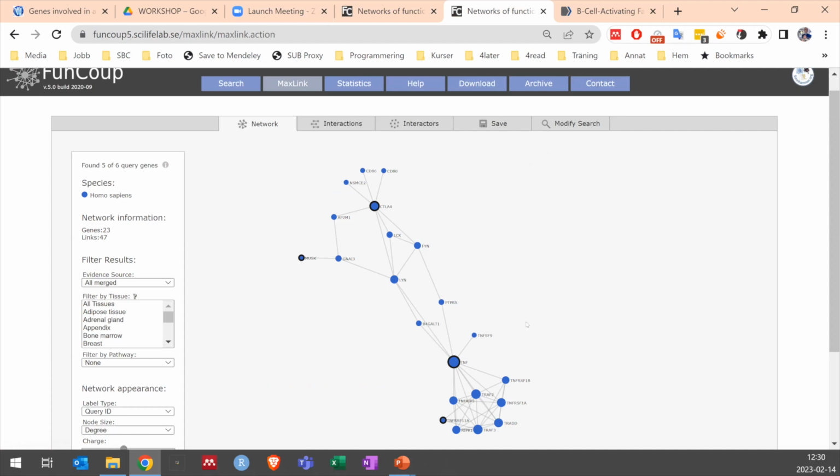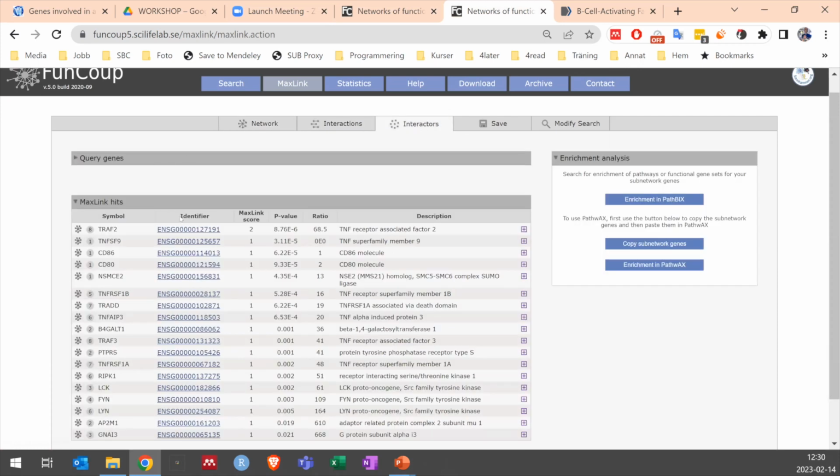And here, there are some ways to filter this by tissue. I won't do this for MaxLink, but I will look at the interactors tab. That's kind of the central tab for MaxLink, where you get the genes that MaxLink thinks are tightly connected to your gene set query, or your disease genes, sorted by the MaxLink score and the